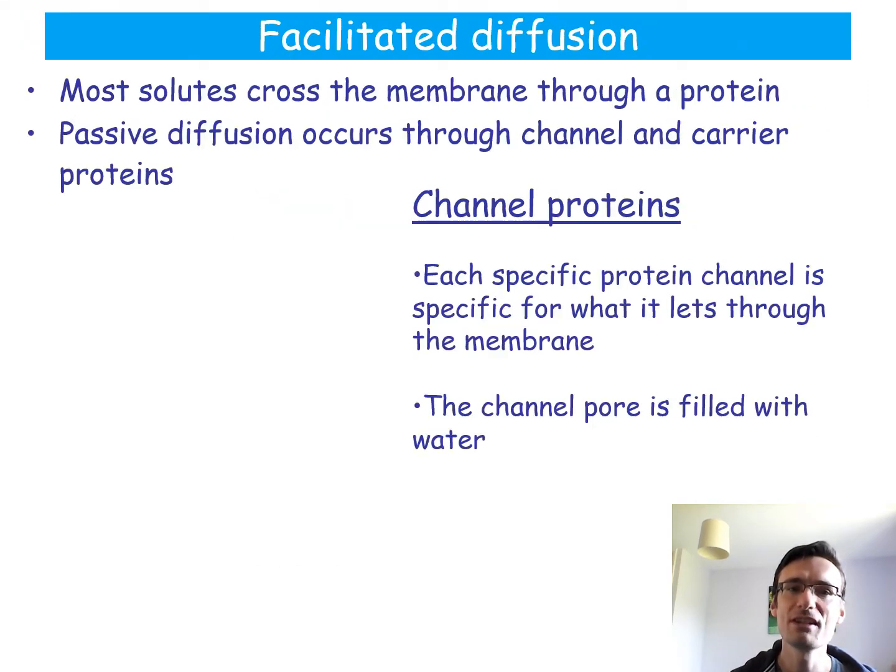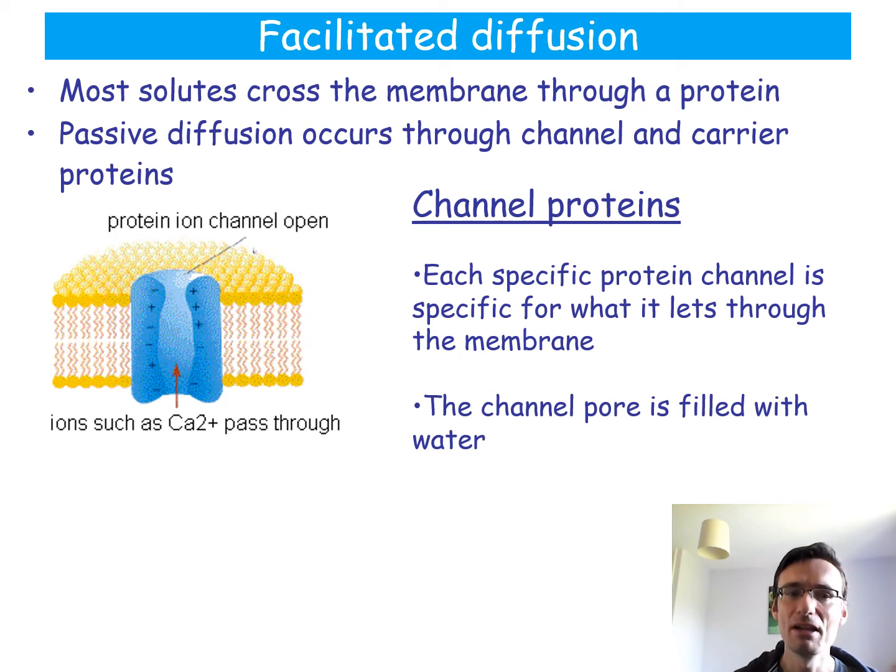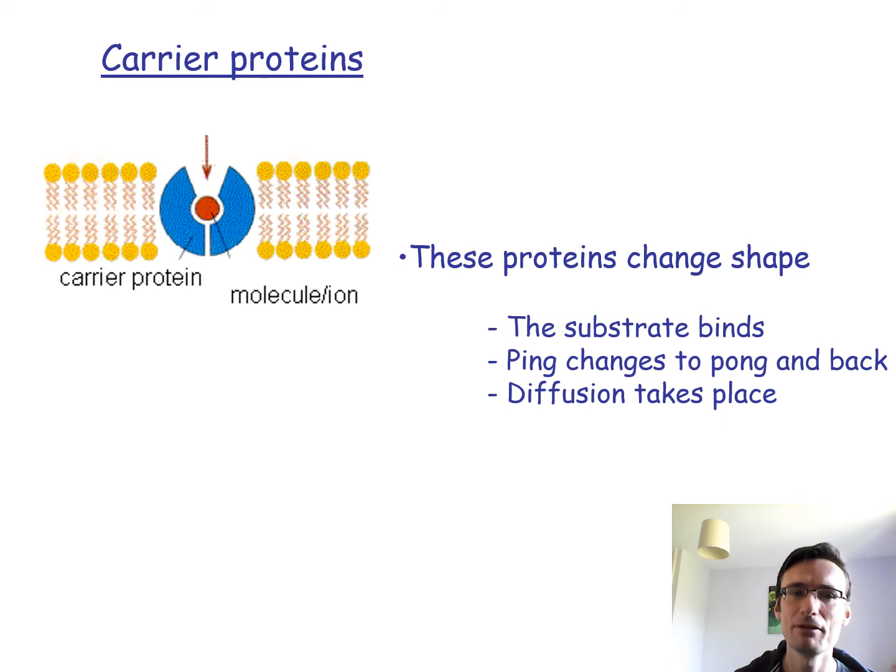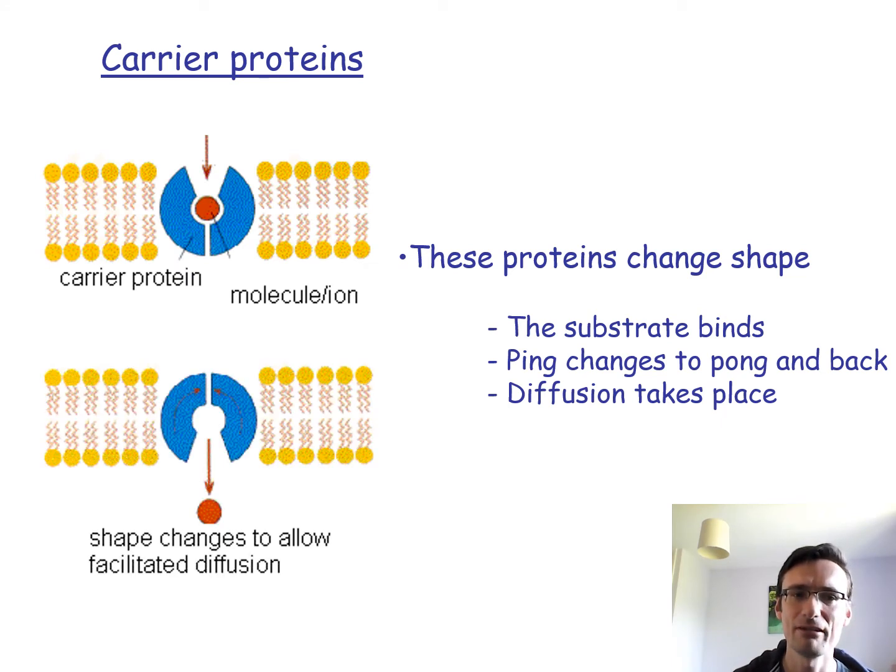So what is facilitated diffusion then? So it's the idea that molecules still move from a higher to a lower concentration, but it is using proteins to help. And as I said, things with charges that are generally small enough can go through, and there's a lot of ions through a channel protein, whereas carrier proteins tend to deal with things that are much bigger. As I said, they attach to the carrier protein, it changes shape, and it allows the molecule